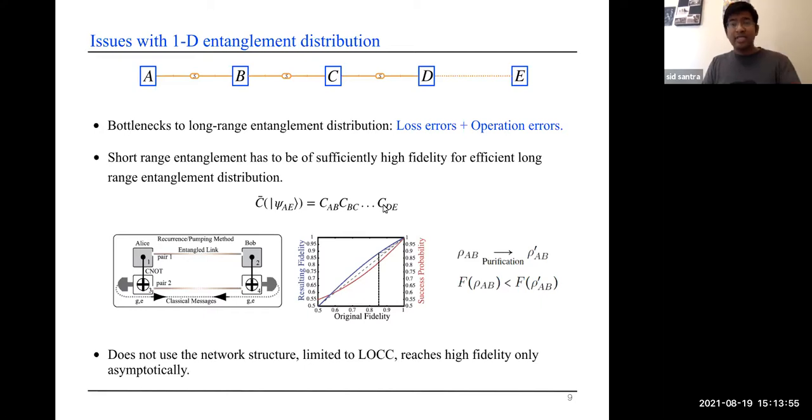And this is the best case scenario, and actually this product serves as an upper bound for the case of mixed states. So in general, the average concurrence is typically much lower than the product of the individual concurrences. And so one needs to purify the entanglement over each segment, which is an iterative procedure, and which was talked